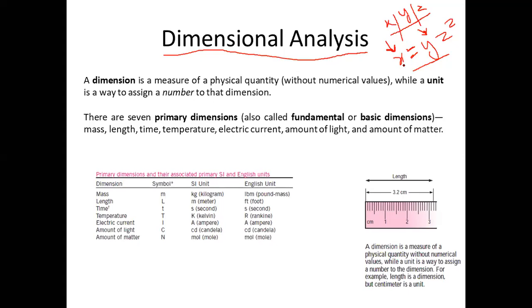Now tell me one thing. Let's say the unit of x is kilogram and the unit of y into z square is meter into second. Can you say it's a correct relation or not? No, sir. Why is it not a correct relation? Okay, because units are not the same. Kilogram is the unit of mass, meter is the unit of length, second is the unit of time. Sir, mine got disconnected, can you explain?